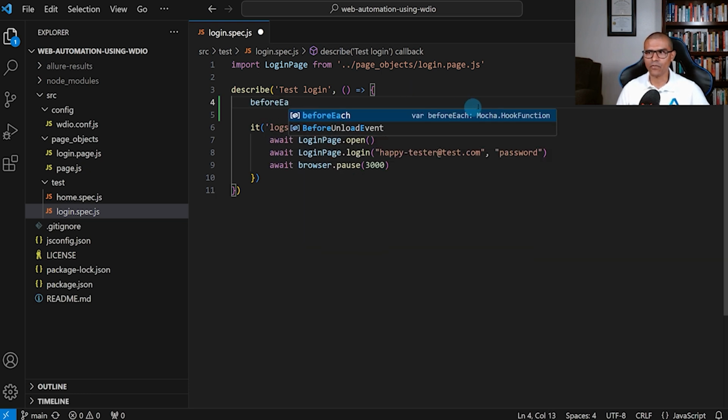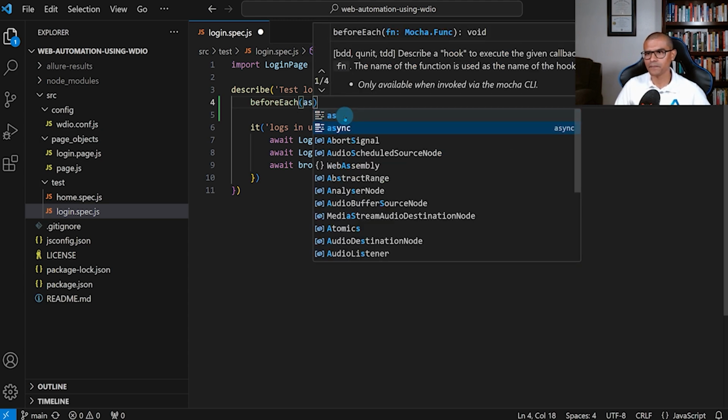Notice that this is coming from Mocha. Okay, that's another thing that I forgot to mention to you guys. There are some hooks that are specific for WebdriverIO, and there are others that are specific to Mocha. In my case, I'm using Mocha, so I'm going to be using this before each. Okay, so I'm going to click on this, and then I'm going to just say async function,